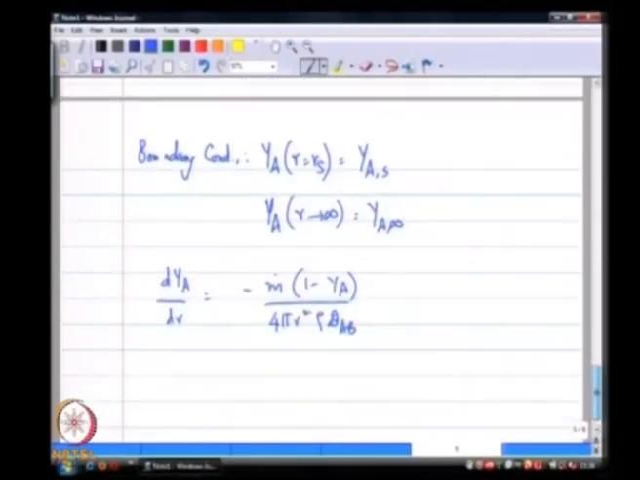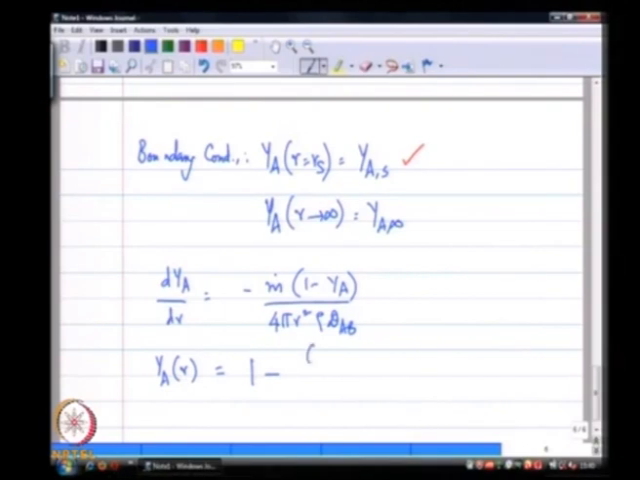So, this is a first order ordinary differential equation, so I only need one boundary condition, but I have two boundary conditions. I will choose the first one and we will see the reason why we have this additional boundary condition in just a moment. If I use just the first boundary condition and solve this ordinary differential equation, I can find y a as a function of r, and that comes out to be